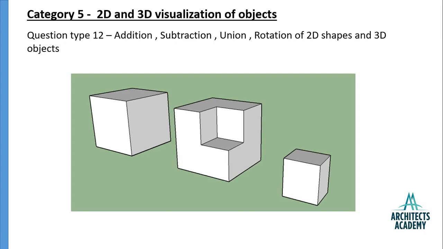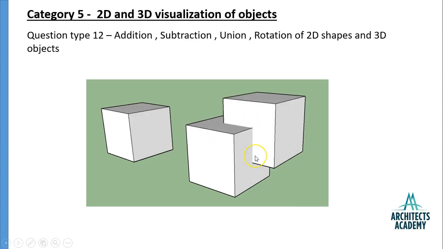Now the same will apply to the 3D forms. If you have a cube and you cut a portion of the cube, then that cut portion will be called the subtracted form of the cube. In this case, this small cube is a subtracted form of the larger cube. Now in this case, another cube has been added or united to the earlier cube. Here you can see that 2 cubes have been interlocked with each other, and that is why this type of operation will be called a union of 2 forms.